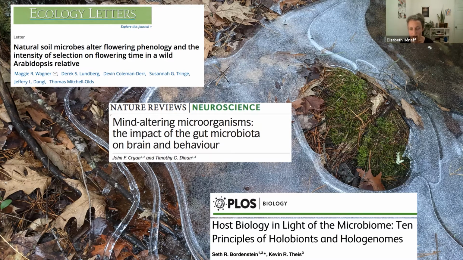And so what this has taught us is that microorganisms have really influential relationships with the macroscopic multicellular organisms that they interact with. So for example, there's a paper that showed that you can alter the flowering time of plants by changing the microbial composition of the soil in which they're growing. And so this was a big deal in the plant biology world, because flowering time was thought to be the canonically genetically determined phenotype.